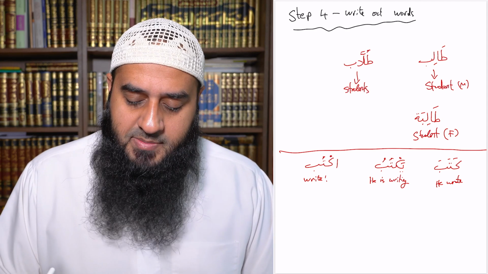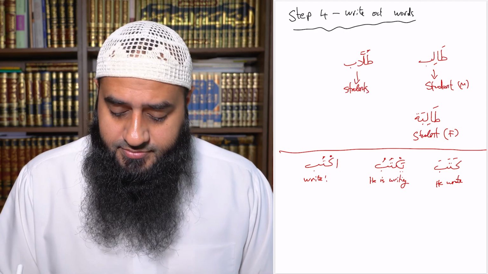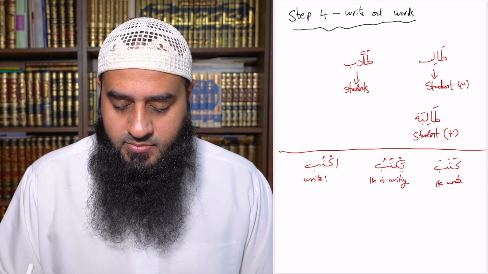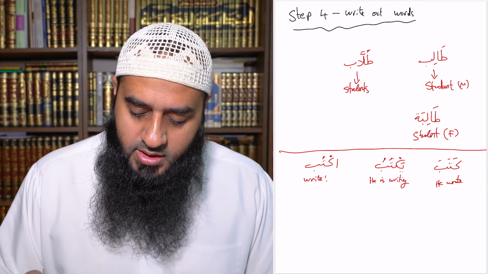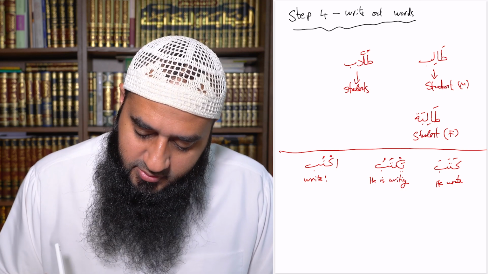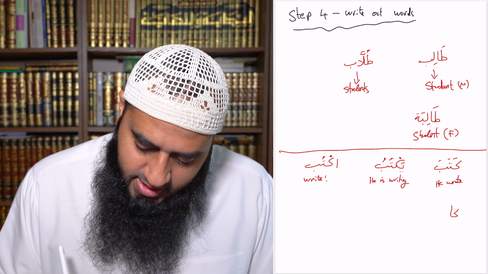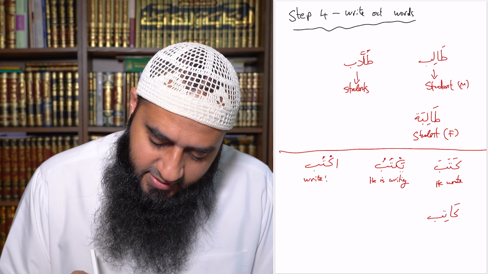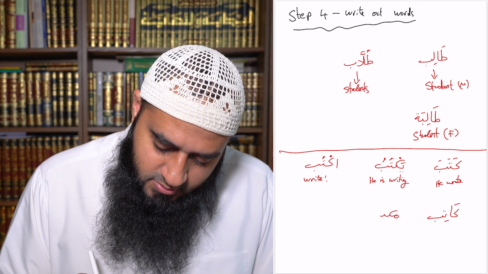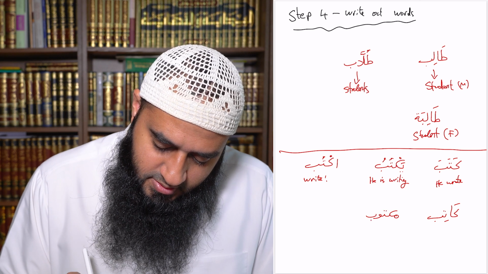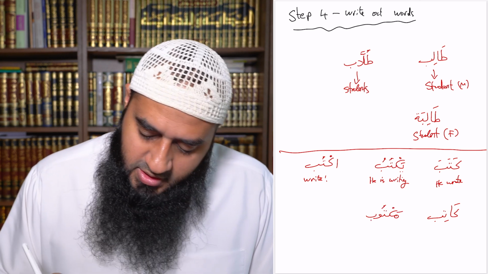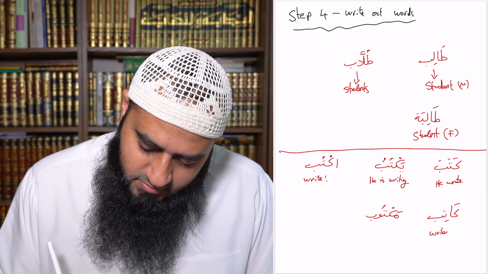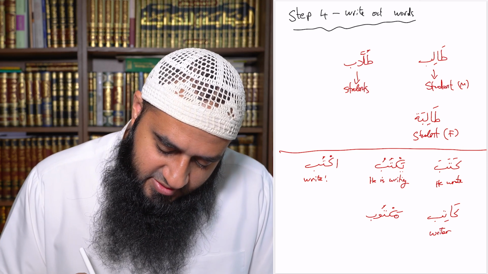But then you add on a few more here. You also take the ismu fa'il and you take the ismu maf'ul, which for the word kataba, is what? You have the word katib, and then you have maktub. So katib means writer, and this means